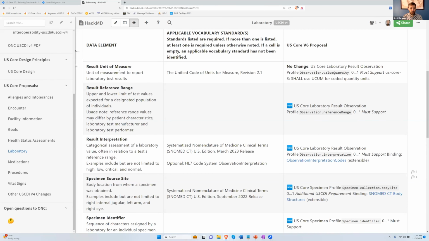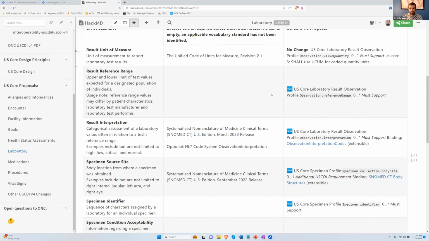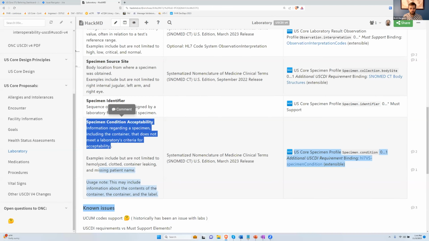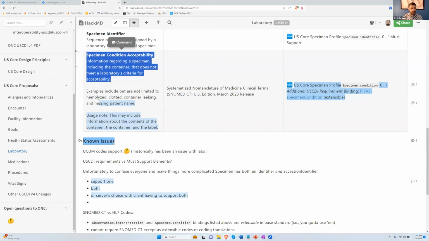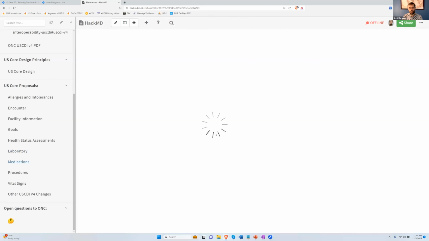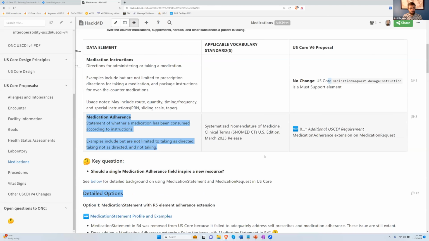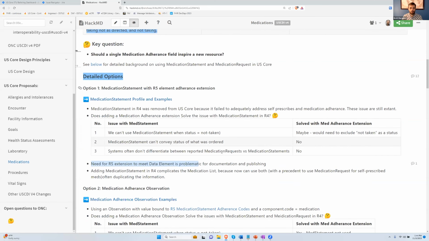But you can see, when we went through all of the new specimen result requirements, mapping to where the new spots were in terms of adding specimen source site identifier. We had a lot of conversations about what specimen condition acceptability meant, and ONC provides some very nice clarification to improve this. And there are some here we're still struggling with. And so if you want to join us on a call next Thursday, 1 p.m. Eastern, medication adherence, and what Gabe mentioned on the C-CDA side, but in the US Core side, we've had a lot of struggle about